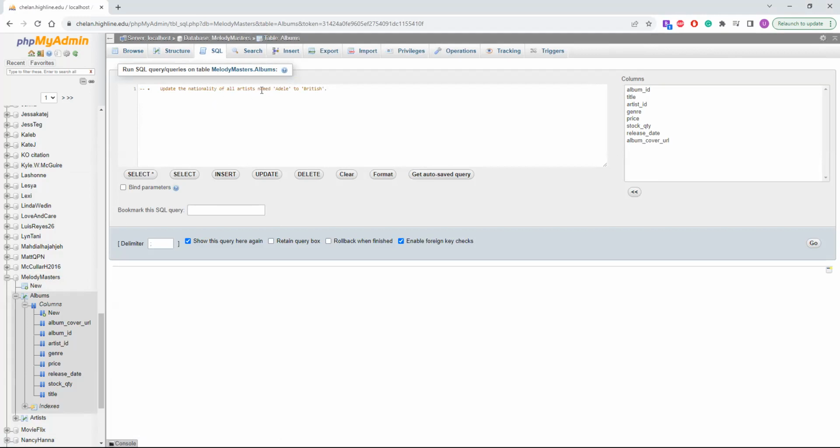Update nationality of all artists named Adele to British. So it's going to be similar to what we did earlier. We're going to do update, name of the table. We're updating that table. We're going to set nationality column to British, and where